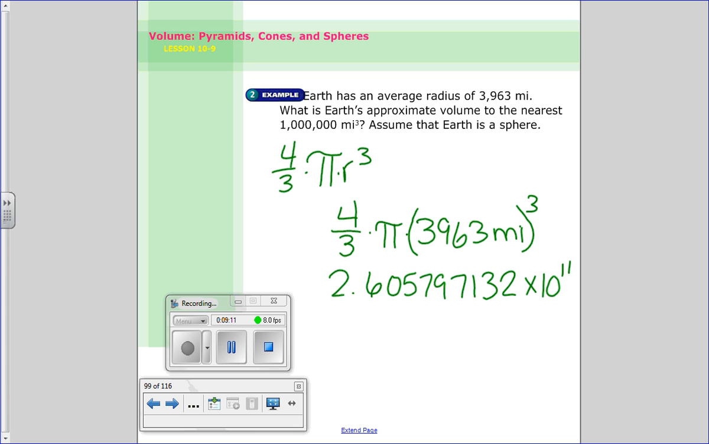And we get scientific form: 2.605797132 times 10 to the 11th power. So when they talk about this, they have it in scientific form. And what we could actually do is write it in its actual form. It's to the 11th power, so 1, 2, 3, 4, 5, 6, 7, 8, 9, 10, 11. So I have